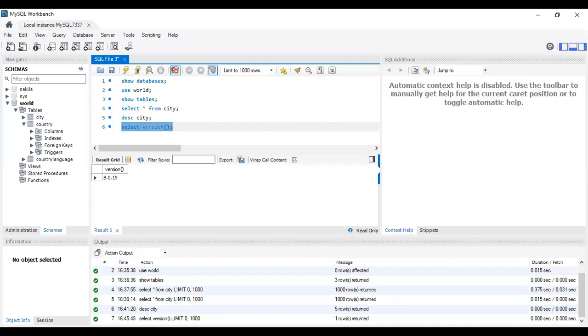Of course, the programming part, what is that? Why do we have to write programs in MySQL? Now, for example, I have some records for a classroom. Every student has 6 subjects, and I have to calculate the grade depending upon the marks they have scored. What will I do? I'll enter the marks.